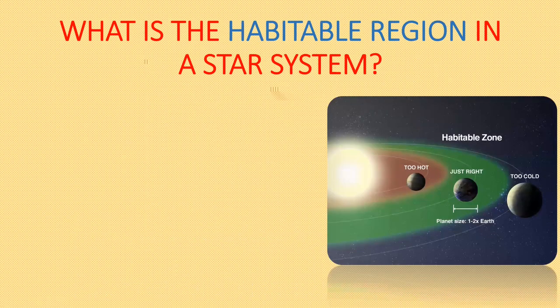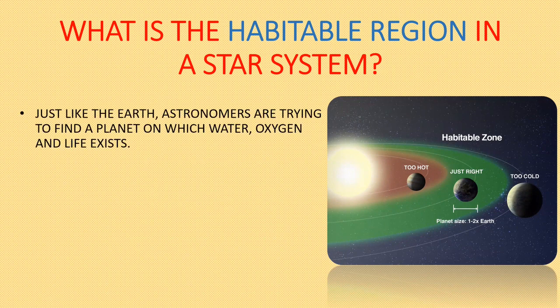So the next important concept we are going to talk about is the habitable region in a star system. Why are astronomers finding out so many exoplanets? Why are they continuing their search? The only reason for this is that astronomers want to find a planet which is exactly like the Earth, has perfect heat and light, and where life exists, so that we can one day go